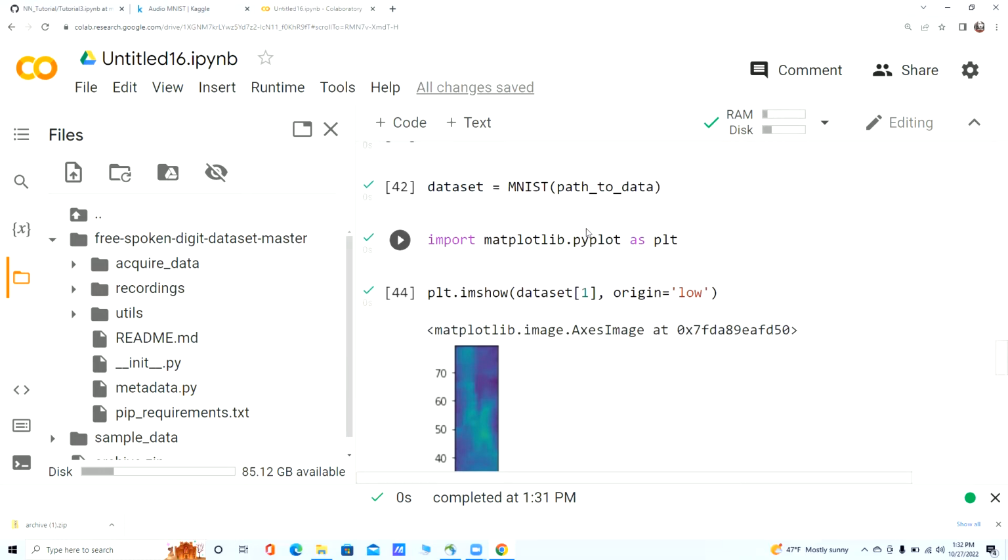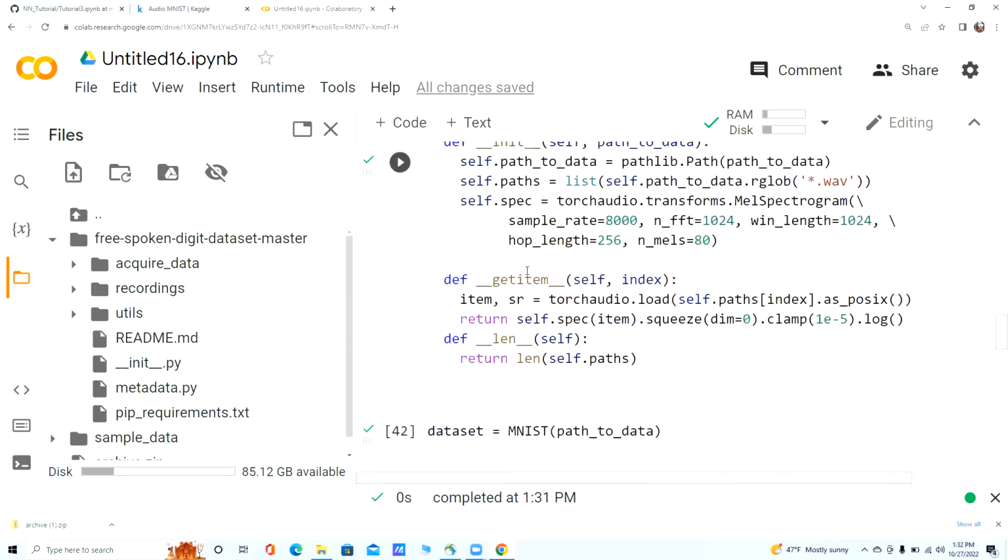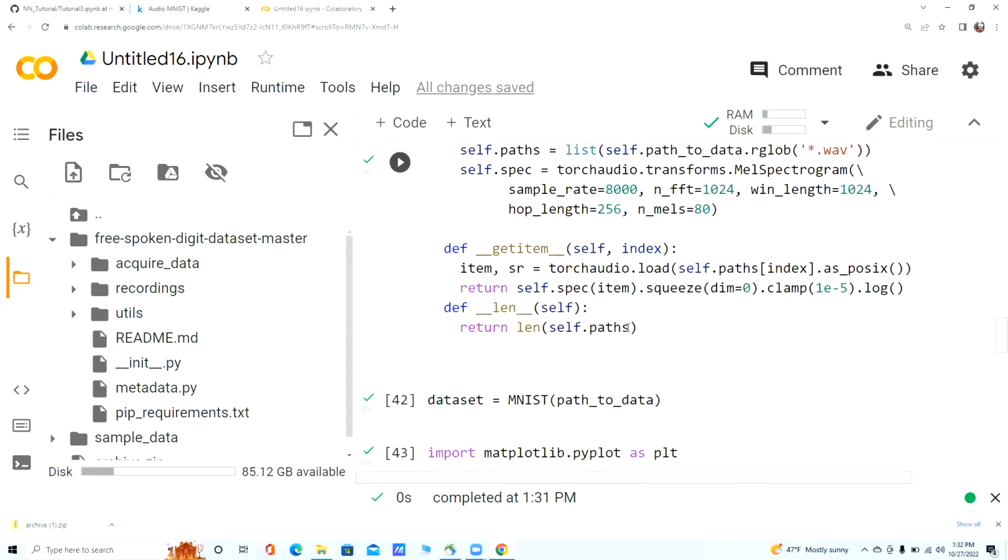So let's also create the target output in our dataset. Okay, so we return the spectrogram, and also we should return